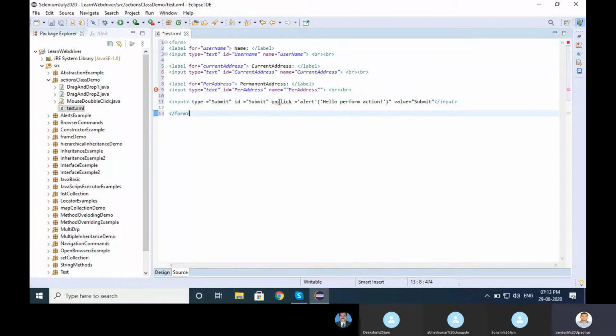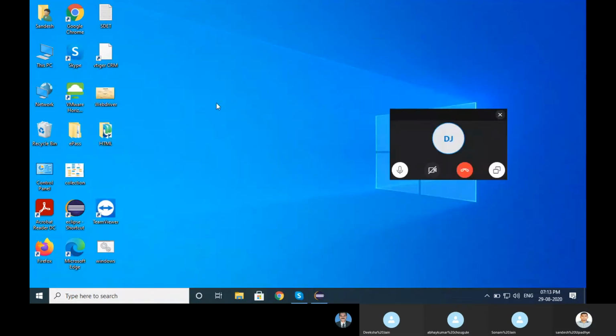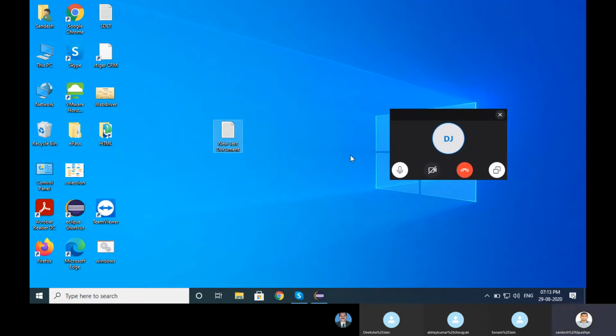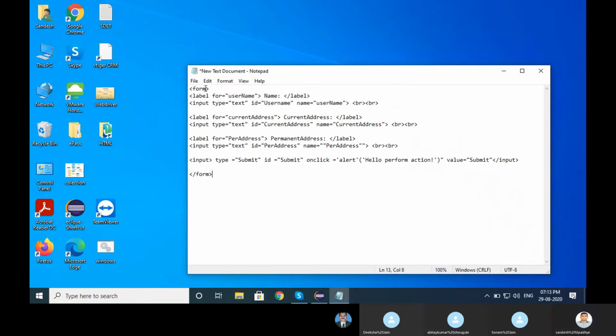Okay, one click. Let me copy these things. Create one notepad. Form tag open, form tag close, label close, input tag, and so on.